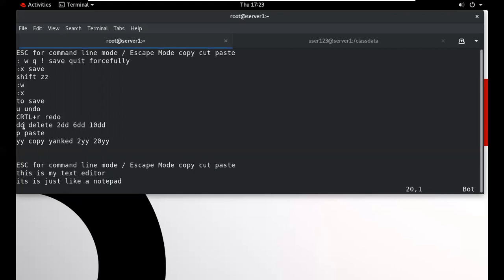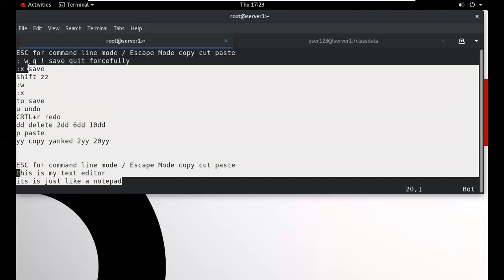So we use yy to copy one line, just press yy. To copy more than 1 line, type the number of lines we want to copy and then yy. So these are the options to copy and delete.